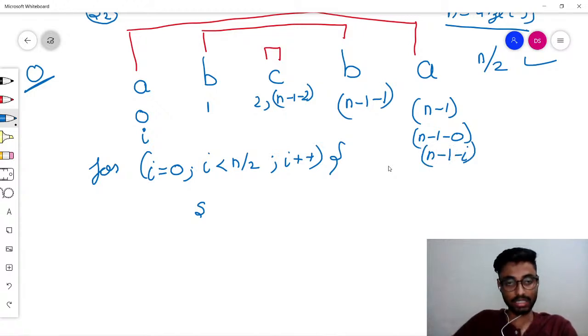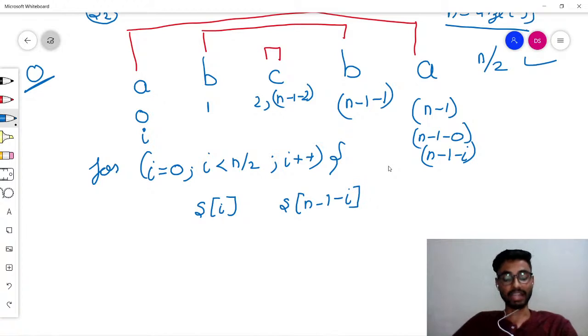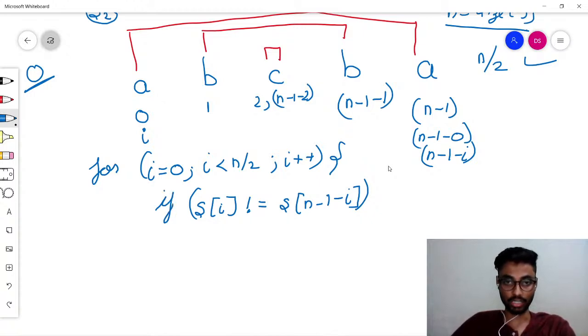So the comparison that we are making is between s of i and s of n minus 1 minus i, and if at any point during these n by 2 iterations, s of i is not equal to s of n minus 1 minus i, that means the given string